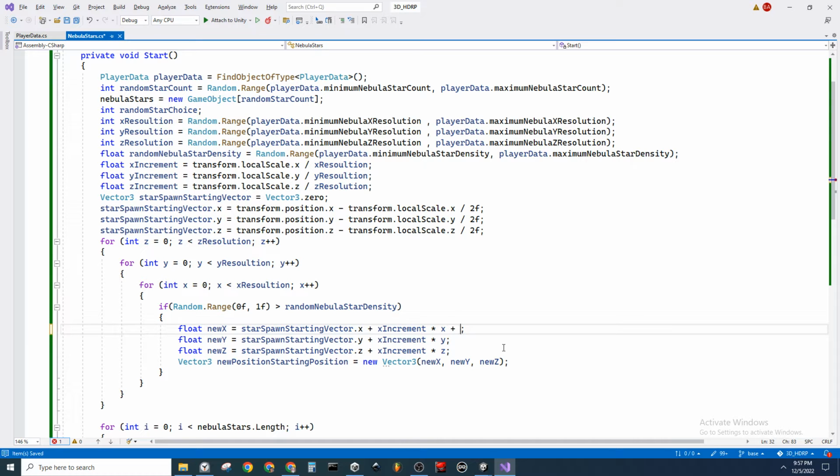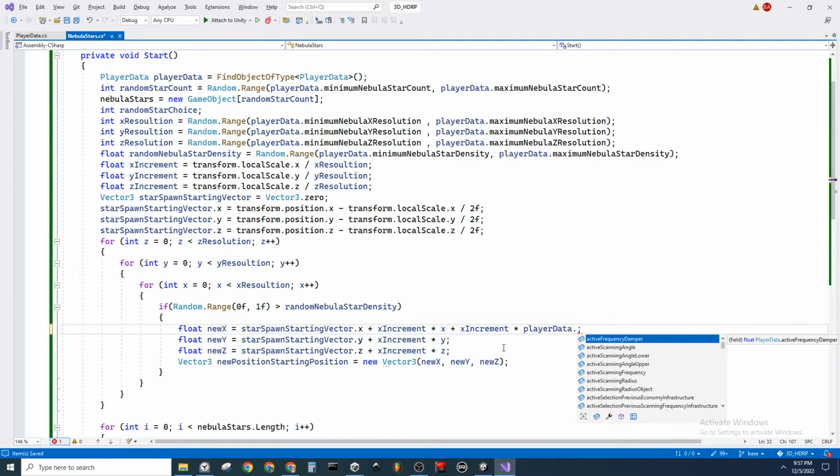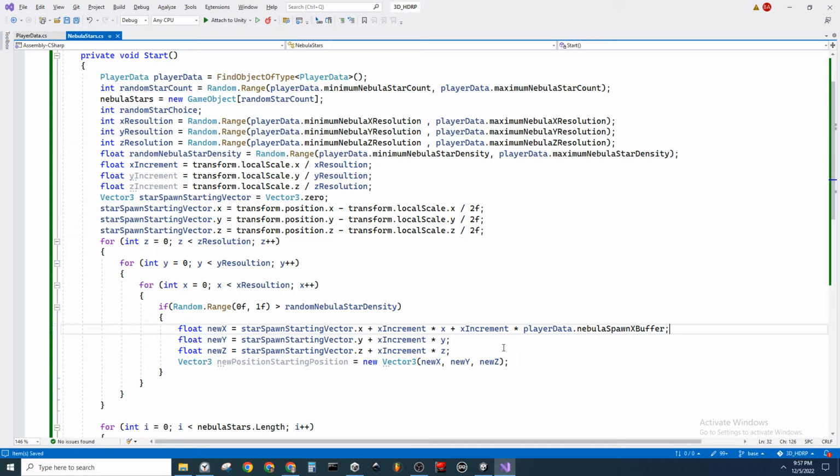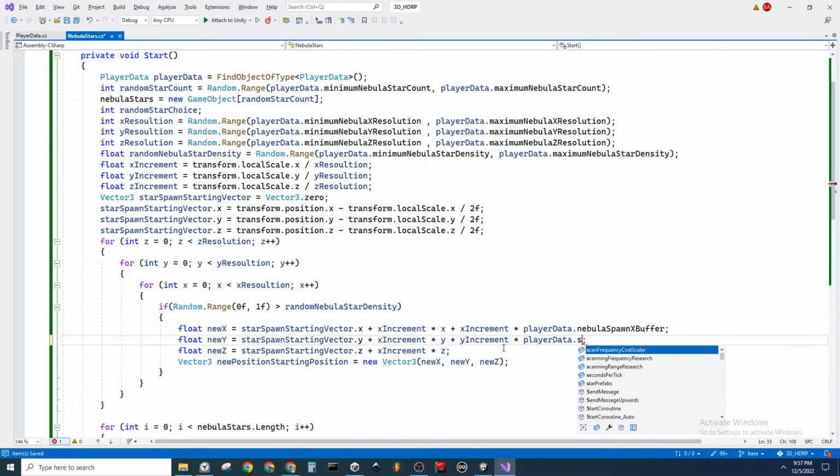We come over here and we more or less have to simply say plus x increment times player data dot Nebula spawn x buffer. And then we have to just do the same thing for these. And I'm actually not even sure if this is correct, because